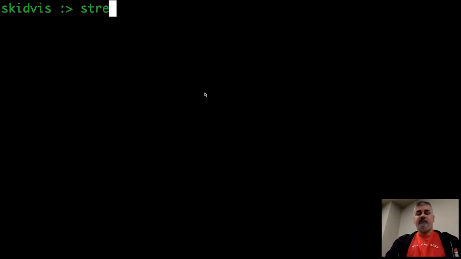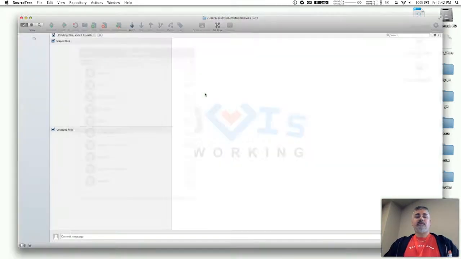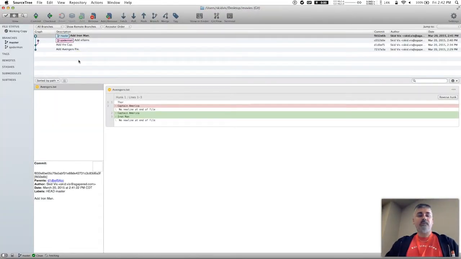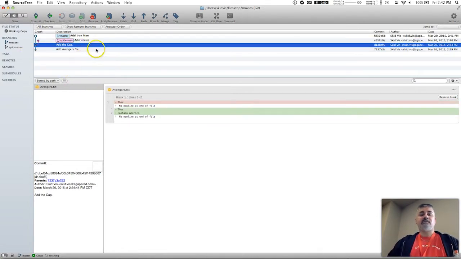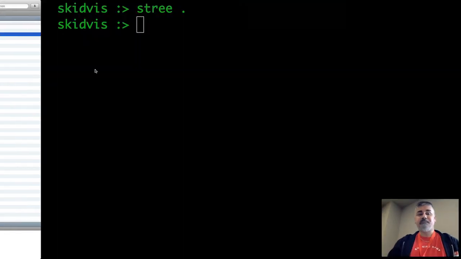So if I do this, it'll open it up. And now you can see the changes that were made. And this is where branching, you can see how it's branched, right? So you see that purple one, that's the Spider-Man branch, and it branched away when I added Captain. But I proceeded, I put something on top of that, and I added Iron Man. So you can visualize that a lot better with a tool like this, and you can easily click on it and see what all the changes were, and it's just a lifesaver, and it's free.